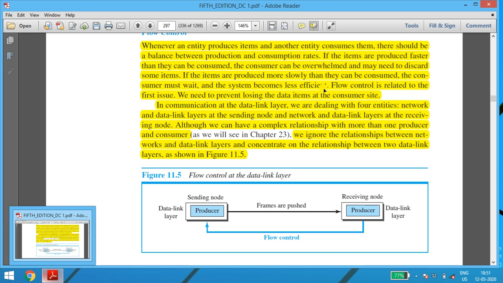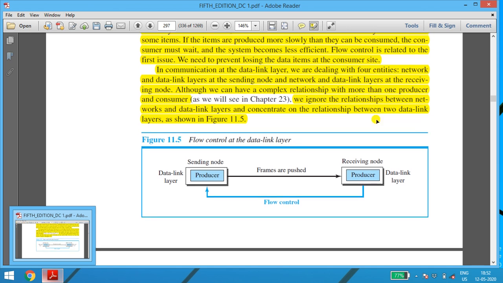Suppose the producer is slow and the receiver is very fast, then the efficiency will be low. Flow control is related to the first issue, when the receiver is too slow to receive the messages. We need to prevent the loss of data items at the consumer side. If the receiver is very slow, obviously my data will get lost.